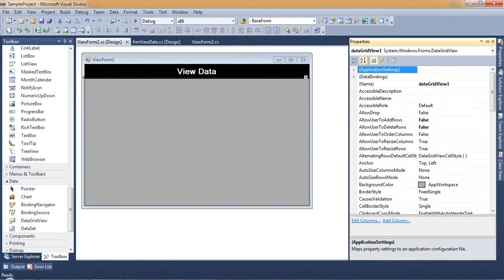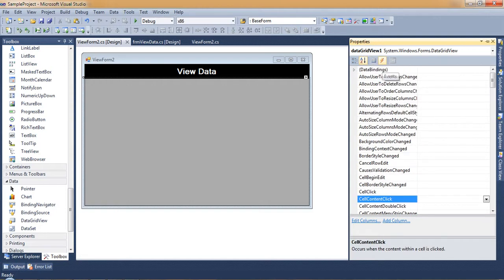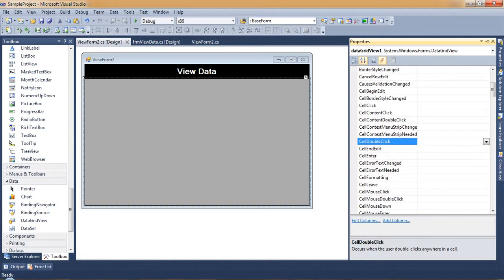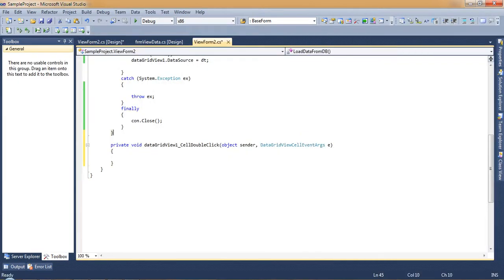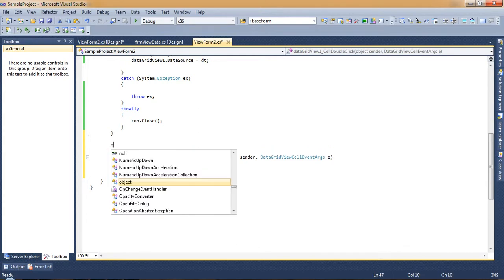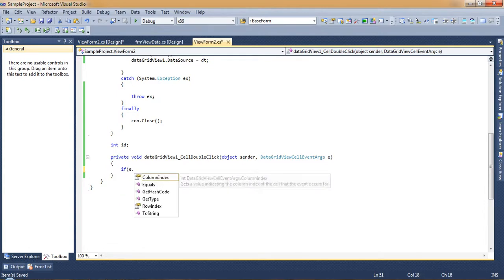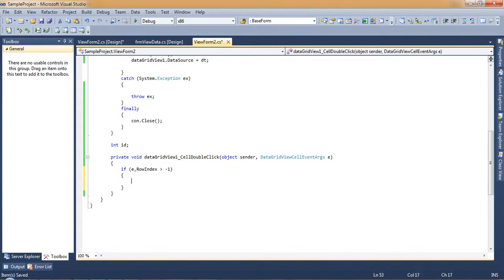For that I will select the grid view, press F4, then on cell content click, or I will type cell double click, meaning when the user double clicks on any of the cells. Here I will create a global variable int id. If e dot row index is greater than -1. Why -1? Because -1 is nothing but the header.